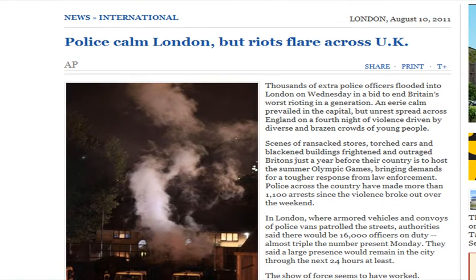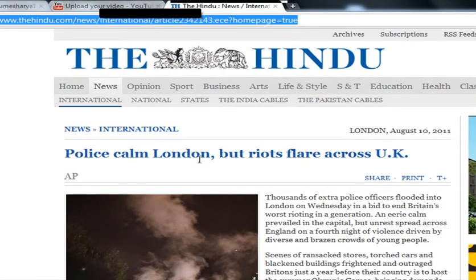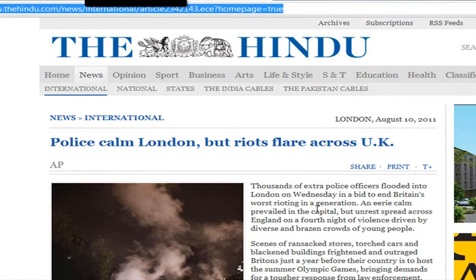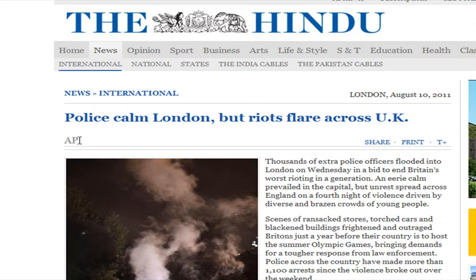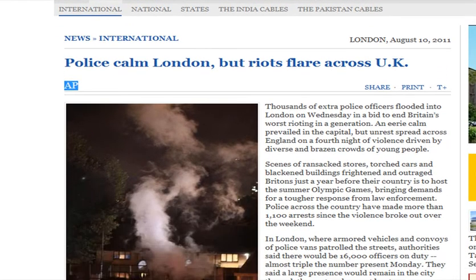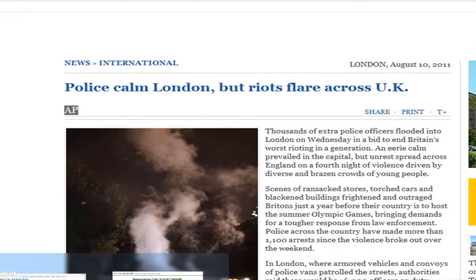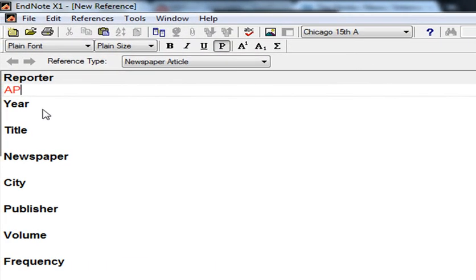For example, this is the online newspaper The Hindu, and the headline is Police calm London but riots flare across the UK. This is the news item, and we would take its reference. The source is the Associated Press, like AP. So we would go to EndNote and write AP. Associated Press is the news agency.